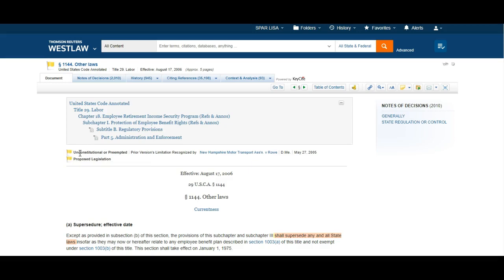So here's a flag telling me unconstitutional or preempted, prior versions limitation recognized by this New Hampshire Motor Transport v. Road case. So prior version, I'm not sure, but I'm going to double check just to make sure that case doesn't somehow invalidate or negate the part that I am relying on. The fact that Westlaw interprets it as a yellow flag caution gives me some comfort that I probably don't have to worry about it, but as I'm the one who's representing my client, not Westlaw, I need to read that